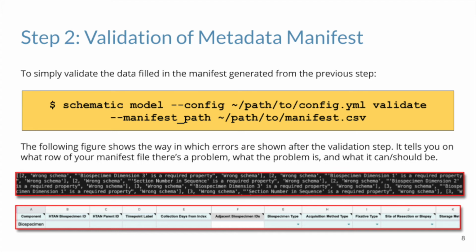This triggers the creation of JSON validation schemas, which are used by Schematic on the backend to further validate the manifest files. There are validation rules that are specific to certain biomedical data types that are applied to the manifest files to check for their correctness. If your data is valid, you will get a message from the tool indicating the same, or else you will see a detailed error message with the errors in your manifest file before submitting it.